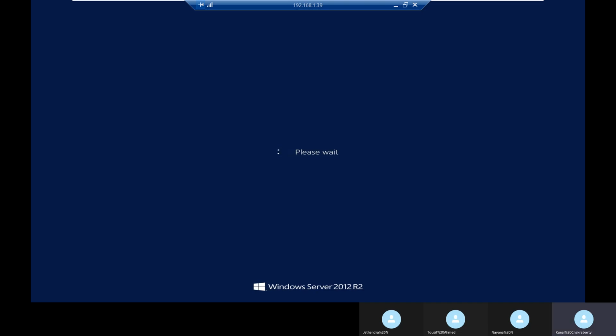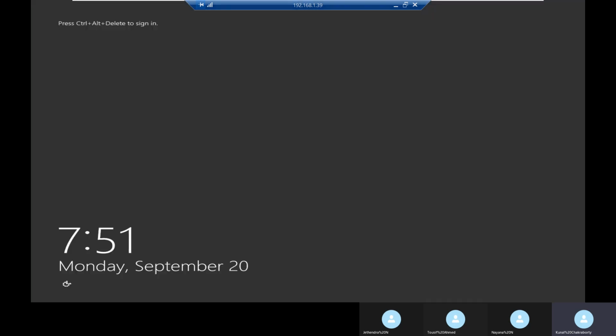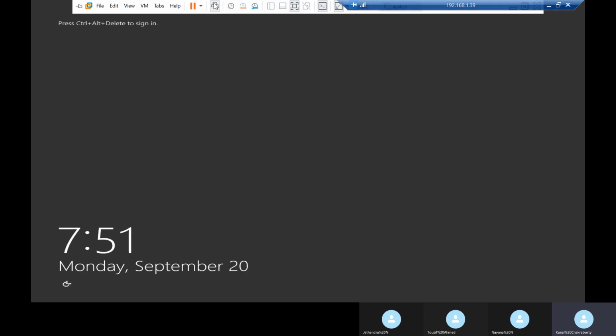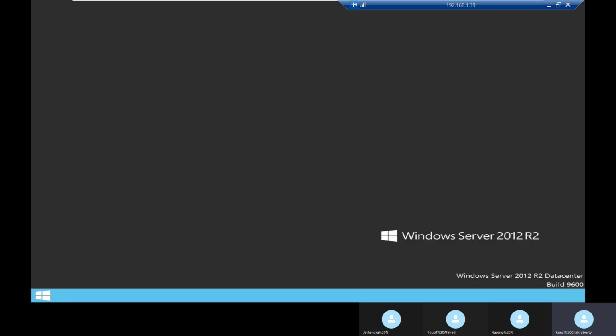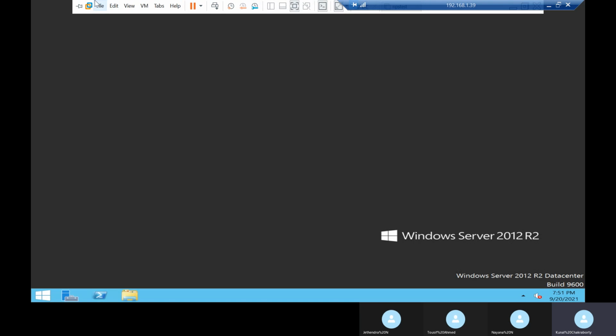That day we did the remote access part. When we tried to log in through remote access with the help of the client, you saw that we could not join because we have limited access. So we need to go to the user, dial in, and inside dial in we need to give access. Then only we could get remote access, otherwise we couldn't log in. So that is a part of NPS.